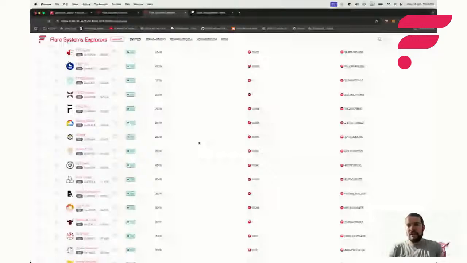So as you can see, we have quite a lot of data providers. You can see their fee. You can see what they're doing. And there's quite a lot of professional ones. We are constantly looking for new data providers. We're encouraging big organizations to join, because what we want to do is create a huge ecosystem where data providers don't really compete, but where they complement each other, making sure that they provide good data.